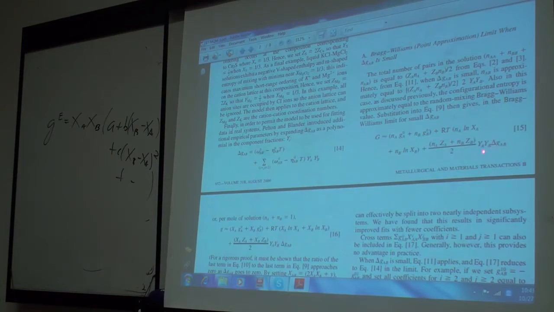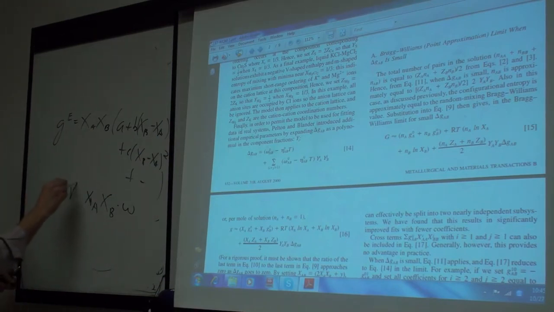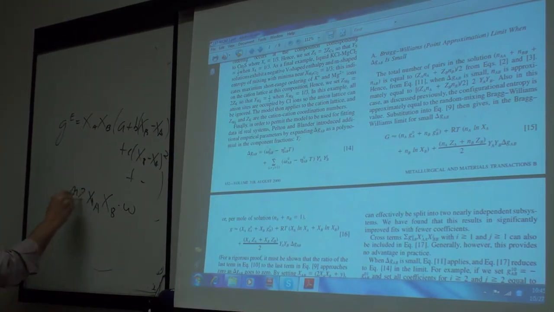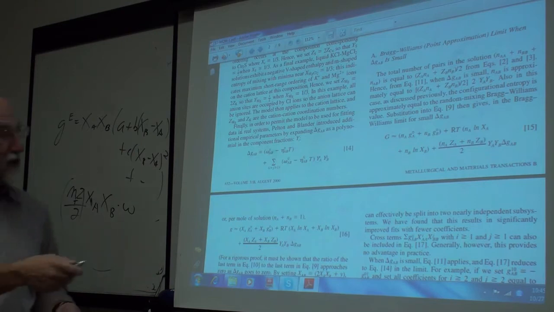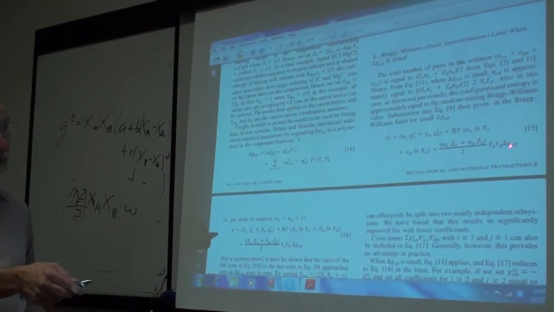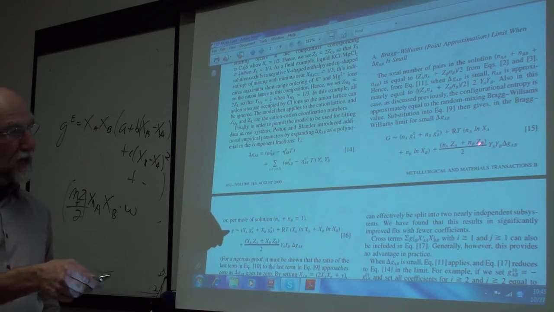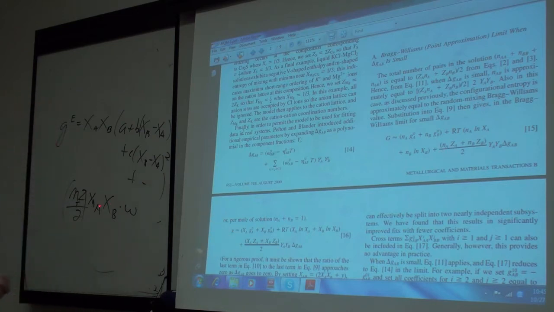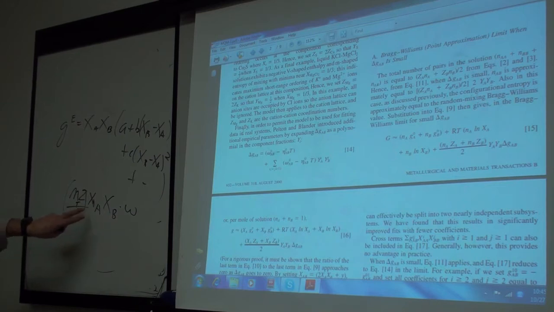Remember, when we write Bragg-Williams, we write XA, XB, omega, where omega is per mole of solution. But now this delta GAB is per mole of bonds, so we'd have to write N total Z over 2 in front of the thing to make it per mole of bonds. This is simply because delta G is per mole of bonds rather than per mole of components. So if you let ZA equal ZB, then this simply becomes N total Z over 2,